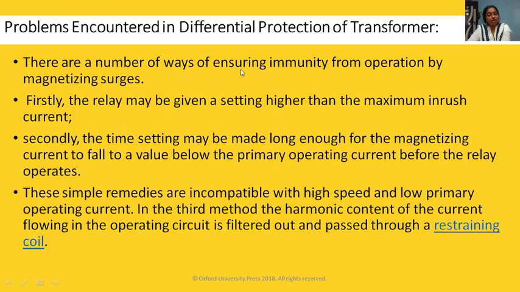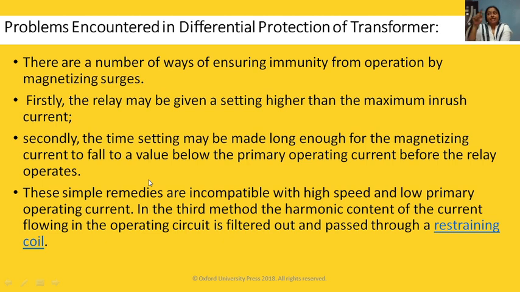So there are a number of ways of ensuring immunity from operation by magnetizing surges. How can we achieve this? Firstly, the relay may be given a setting higher than the maximum inrush current. If the relay is given a setting higher than the maximum inrush current, then a fault current which is below the inrush current will not get detected. This is a problem. Secondly, the time setting may be long enough for the magnetizing current to fall below the primary operating current before the relay operates.